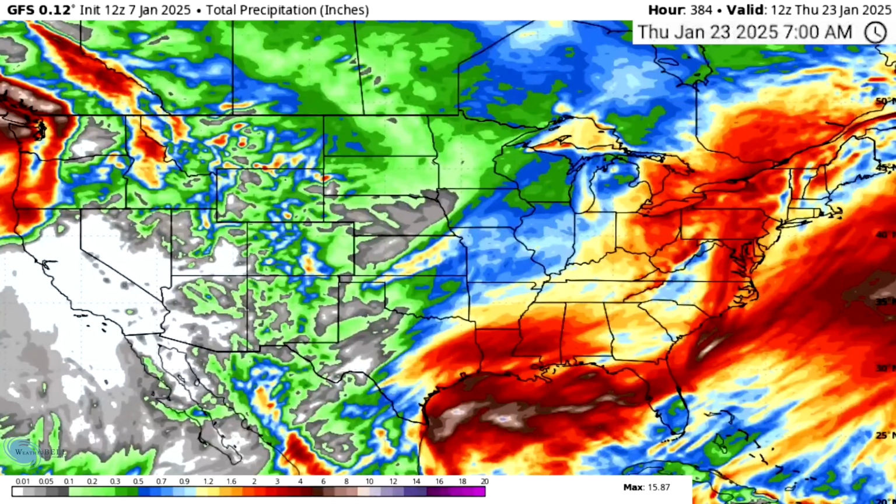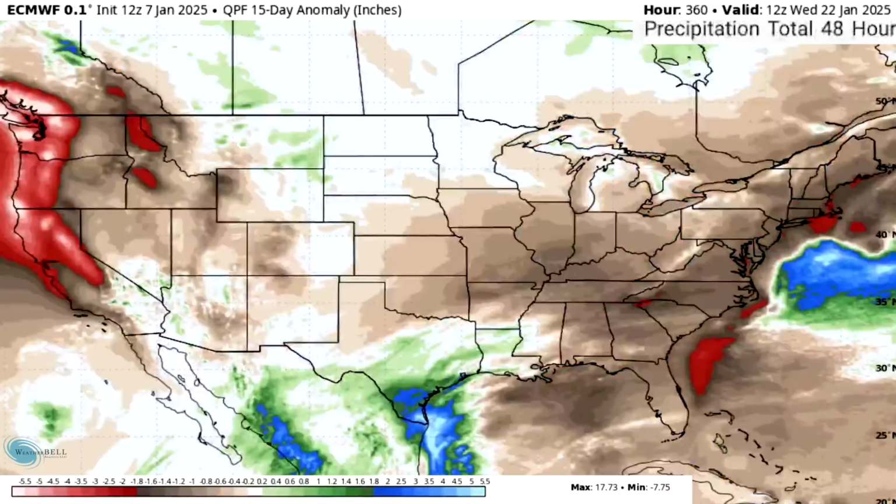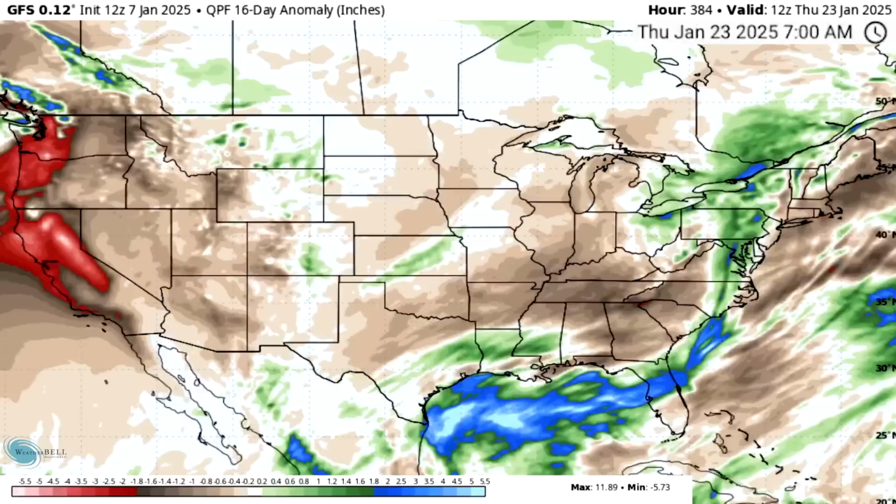And another thing is that we see actually more activity in here after that point as well. So when we look at the anomalies, European model, again, South Central states above average, almost everywhere else below average, but the GFS model wants to take a lot of that up the coast. So big implications based on if this storm does move up the coast or not, even regarding the kind of precipitation averages as well.